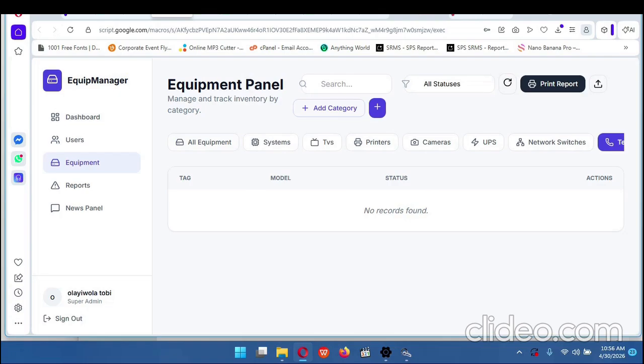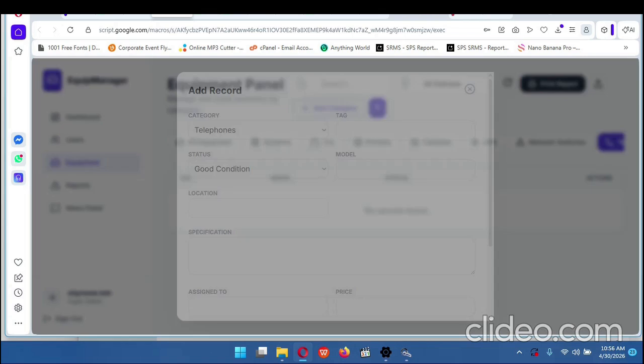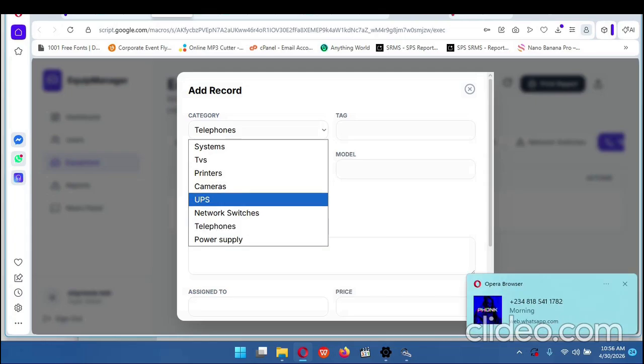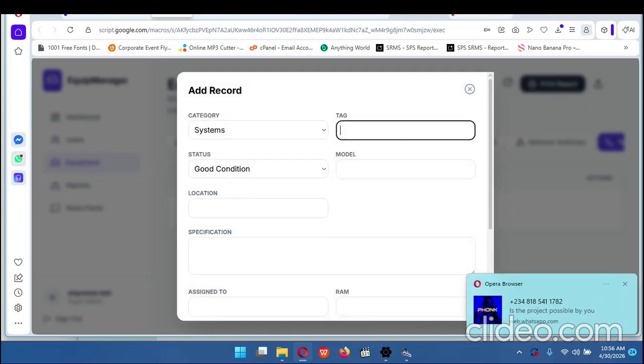Now that we have added the generator category, I can decide to add new equipment. With this plus button, I can add new equipment. So here I will see all the categories. You will see power supply down here. Have you seen it? Power supply here. So I can select category. Let's say system is what I want to select now. I'm going to give the tag of the system. Let's say the tag of the system is